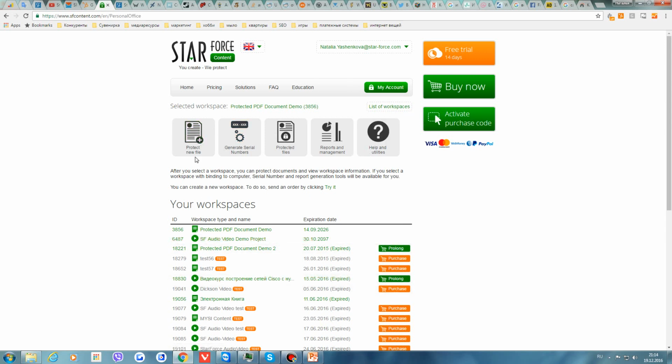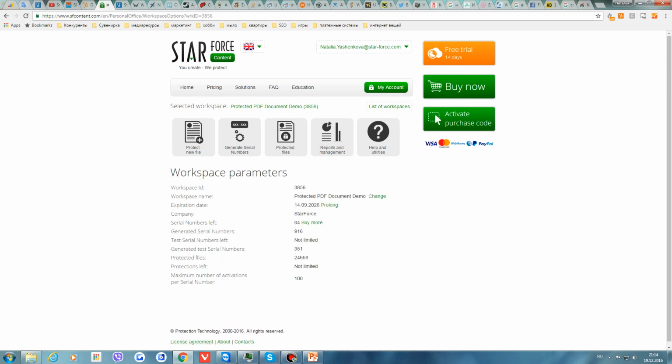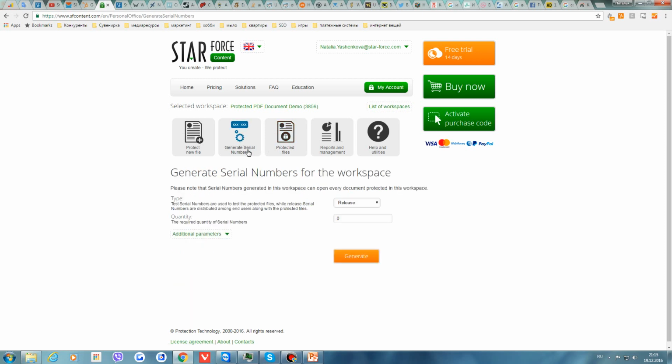Here you can see a list of my workspaces. I select a workspace for electronic document protection, but the interface is almost the same for audio video files, HTML files, and PowerPoint presentation files. Okay, generate serial numbers, and we have one-click generation, where you can select what type of serial number.